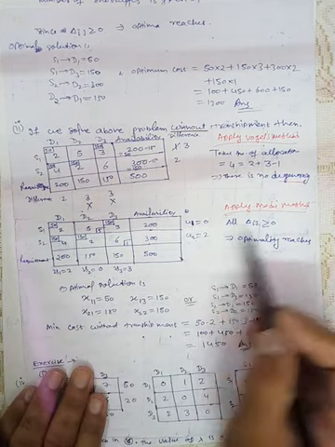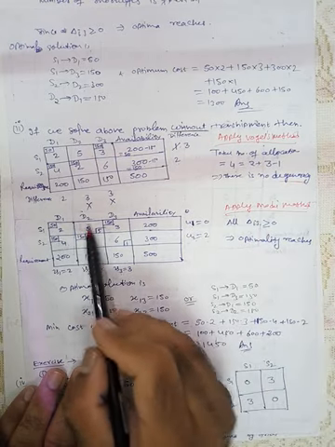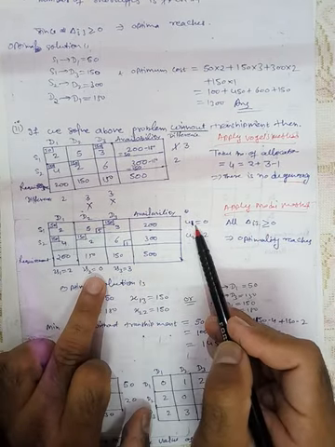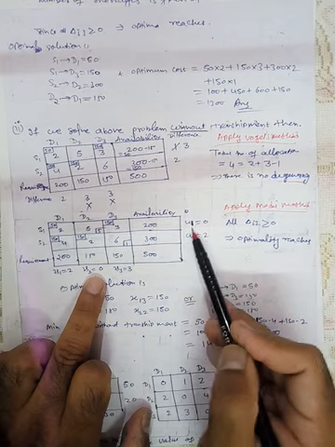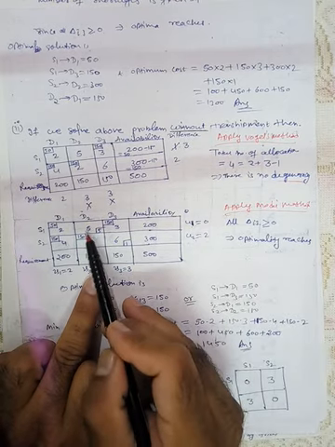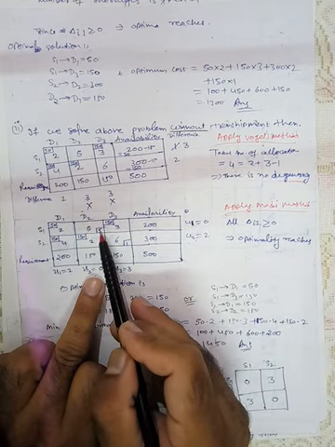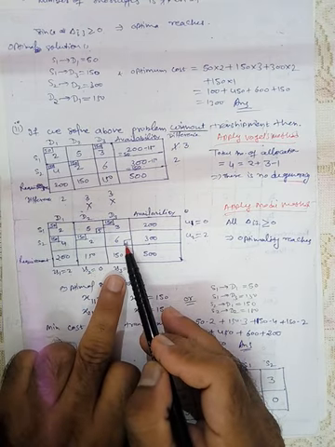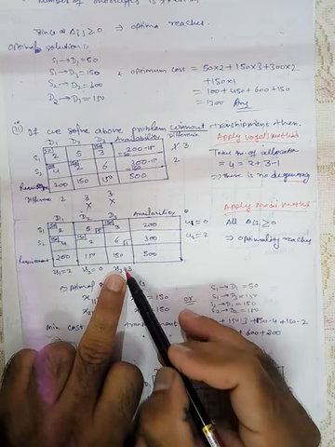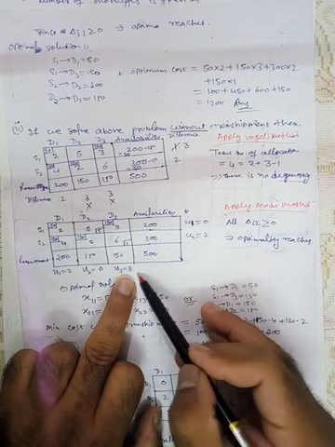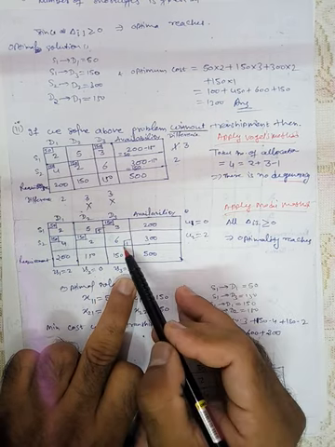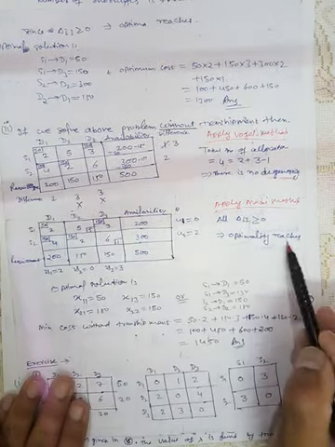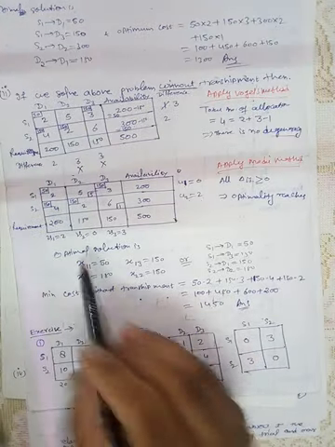Now find out the delta ij. Here there is no allocation, so delta ij is 0 plus 0, which is 0. Subtract from 5. So 5 minus 0 is 5. Similarly, this is a non-allocated cell. So here 3, here 2. The sum is 5. 6 minus 5 is 1. So this is positive, this is positive. So optimality is reached. So what is the solution?